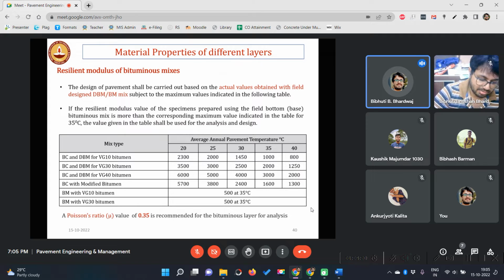This E and mu, based on the material, is already given in IRC. What are the resilient modulus? It's MR or E, E1 in our case. If you are using BC or DBM with VG10, based on the temperature, say the temperature is 35, it should be 1000, it should be 2000. For VG40, you see, it is getting stiffer and stiffer. The elastic modulus is increasing, means you are increasing the stiffness of the bitumen. For modified bitumen, it will be even